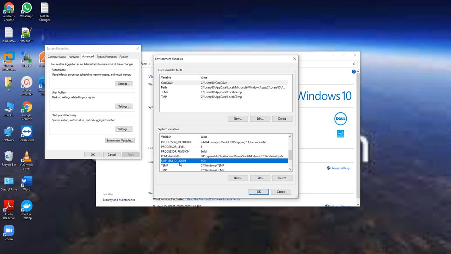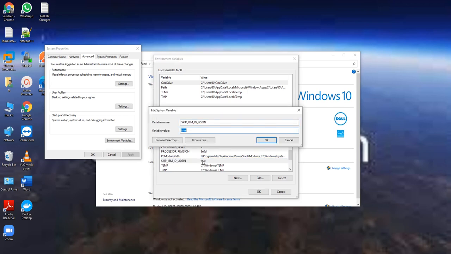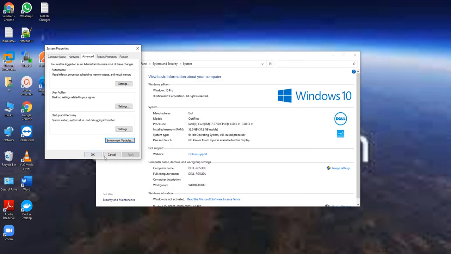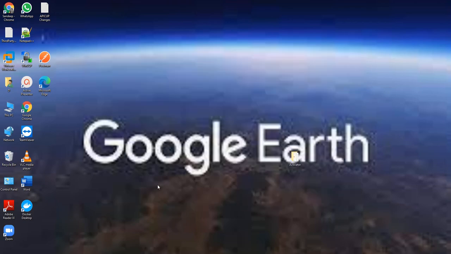As you are running locally, if you don't create that variable, it will route to the IBM site and ask for credentials. If you don't have the credentials, you will not be able to run your API. As we are running locally, we don't need to route to the IBM site. So create that variable with the variable name skip-ibm-id-login and the value equal to true. After that, closing this one.